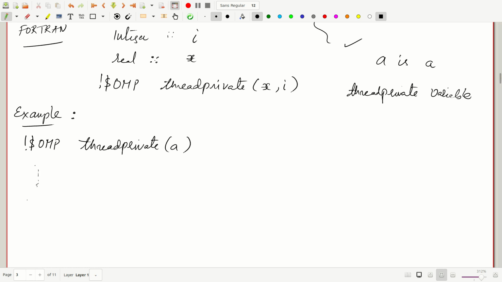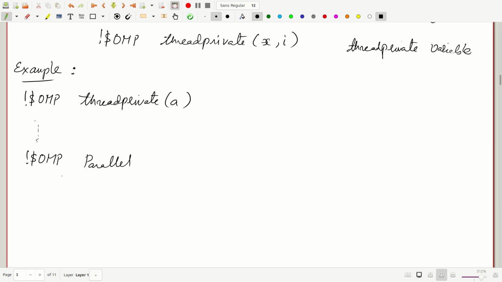And then once you come down, you have a parallel region, so you have OMP PARALLEL, and inside it you set a value of a, okay, let's say a is now set to the thread number. Let's say this is your OMP_GET_THREAD_NUM,